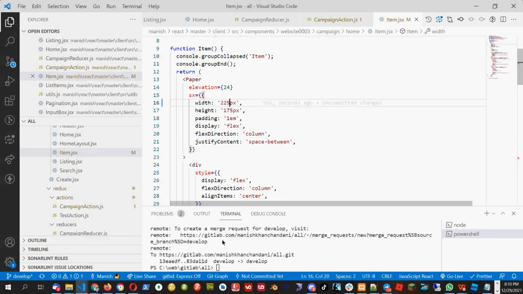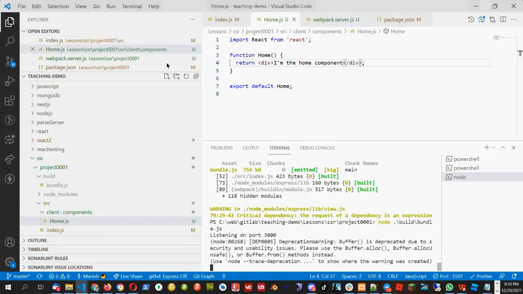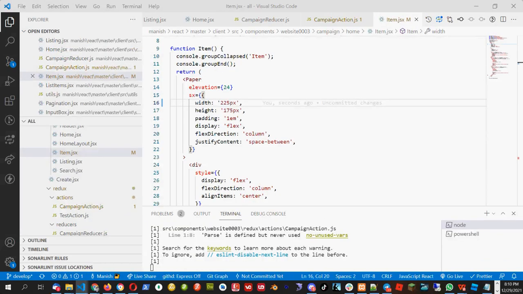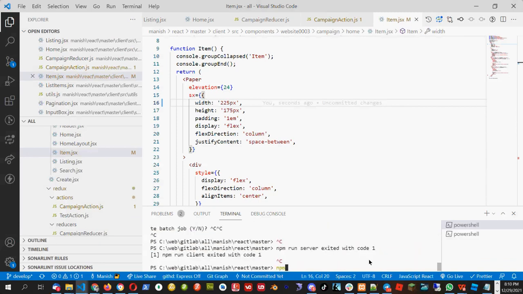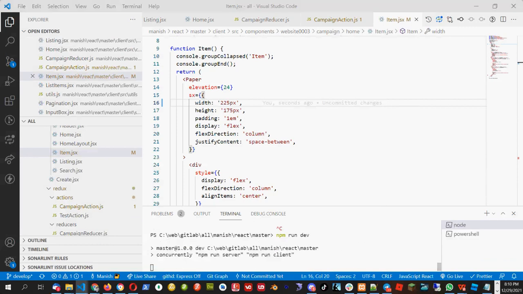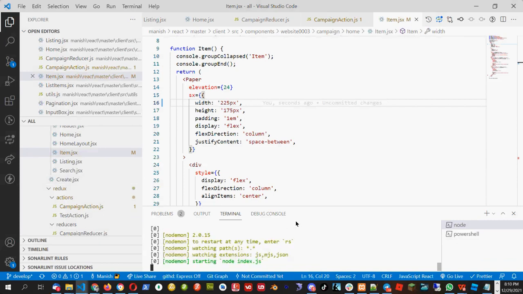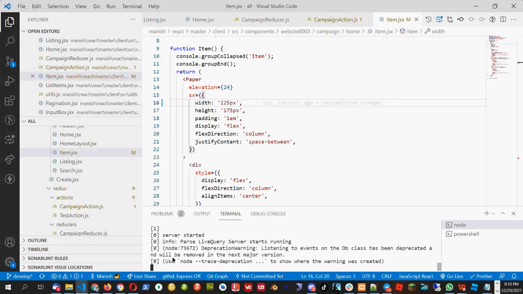Okay, this is not working. Okay, 1 second, I was running another window. Let me close that and start it again.